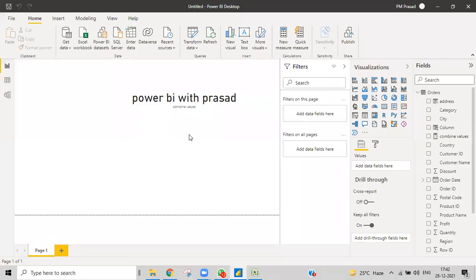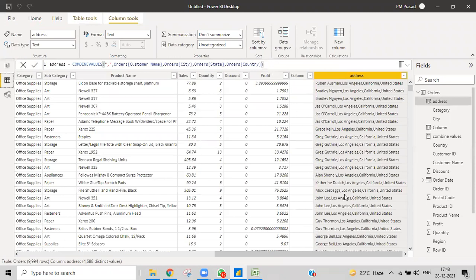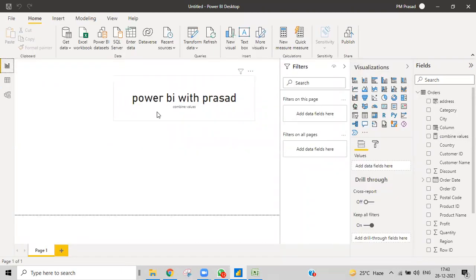So here we made it for a scalar value, and this is for a column. We used a column and then we created it. This is a column, you can see, and this combined values is a measure. A measure obviously gives a scalar output, a single output.